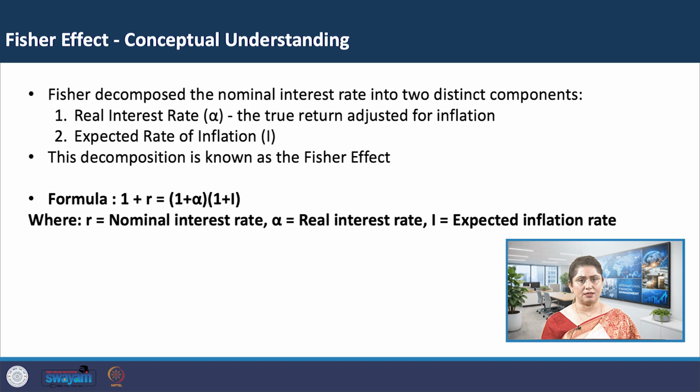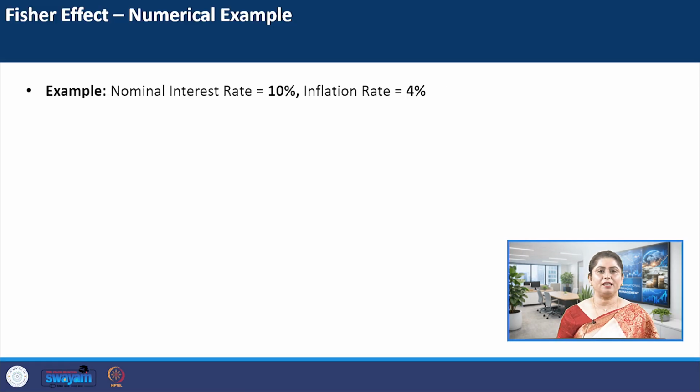What this formula says is the nominal interest rate is not just one thing. It is the product of the real rate and the inflation adjustment. Let us verify with our numbers. So let me explain with the help of an example. We have nominal interest rate as 10% and an inflation rate as 4%. So if we have to calculate real interest rate,